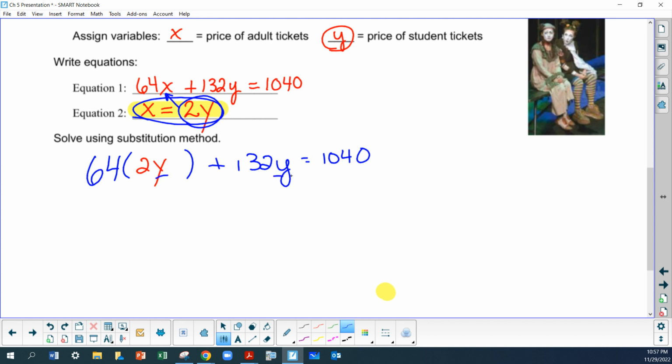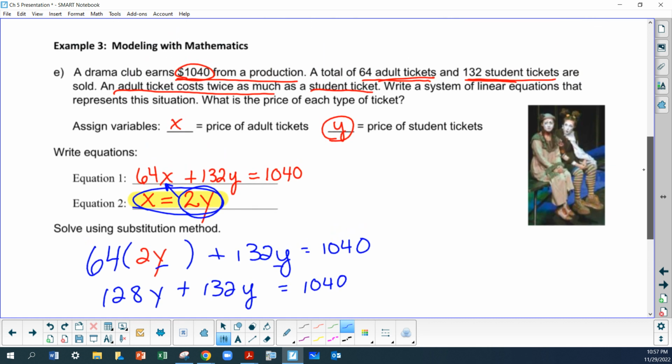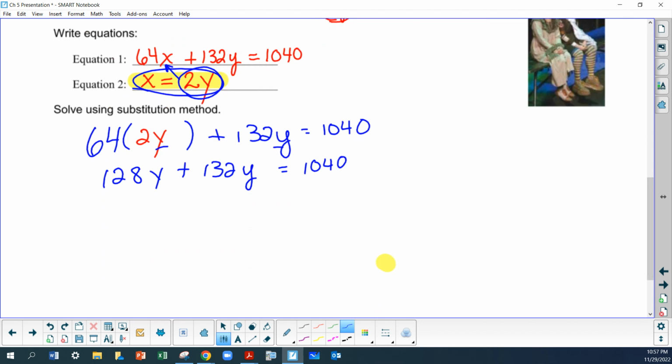Now you'll notice we're just in terms of y, which is a good thing. Having just one variable makes it easier to solve. So we multiplied 64 times 2 and got the 128. Now let's join 128 and 132. And what does that get us for a number? 260, I think. 260